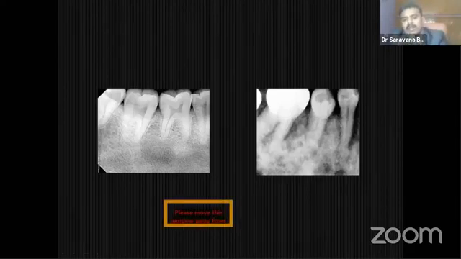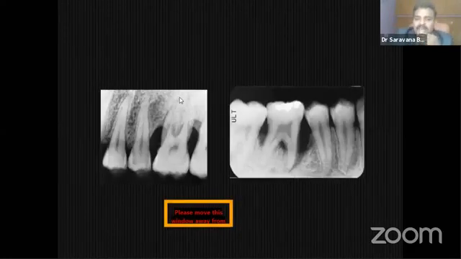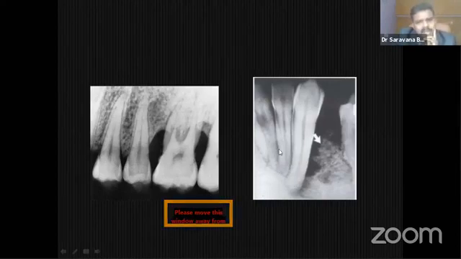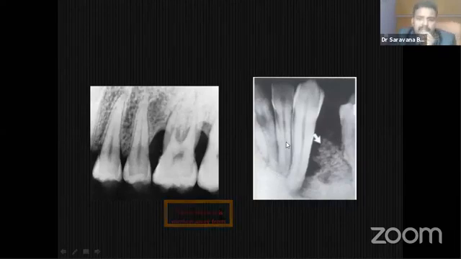You have to look at the variation in the trabecular pattern also, and these are all simple bone loss, localized periodontitis. Here both first and second pictures are localized periodontitis. And look at this picture carefully. First picture is localized periodontitis. Second picture also, can we call it a localized periodontitis? That is the question mark. Localized periodontitis here is both horizontal as well as vertical bone loss.